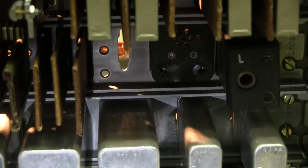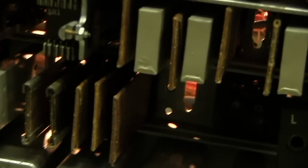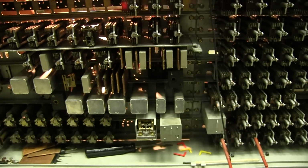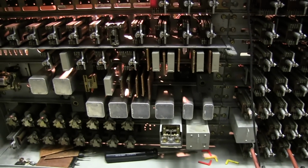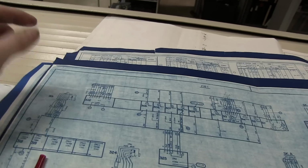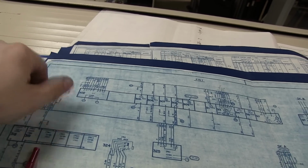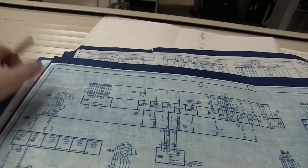The L relay is extremely critical to the operation of this sender. So that puts this project completely on hold until I can find an L relay. What we need to do now is figure out what kind of relay the L relay is. Well, this will tell us